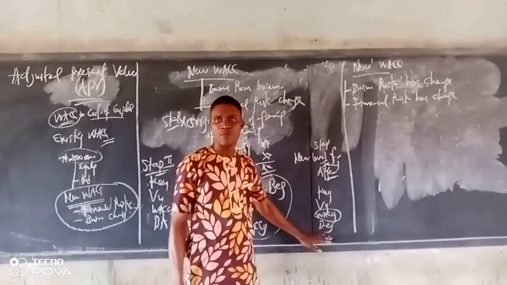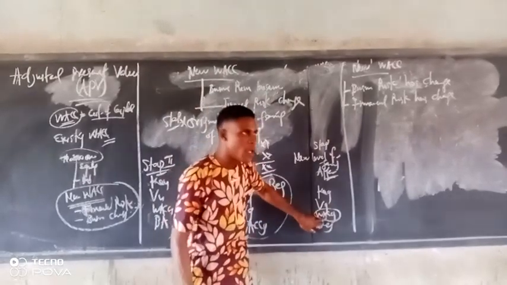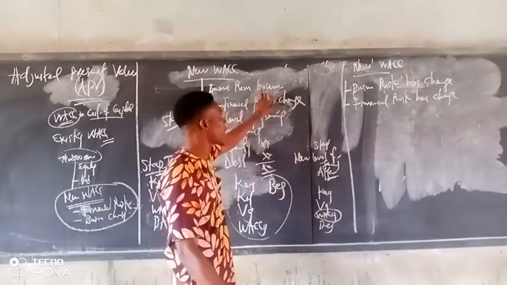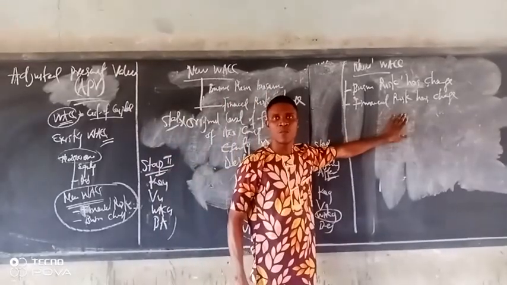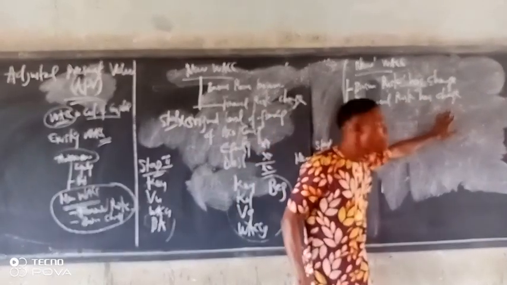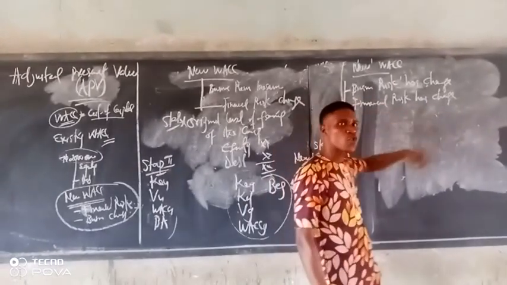So now this is what we have. This is the WACC that you need to evaluate the project. That's the new one. But in this scenario, when the business risk has changed, and the financial risk has also changed,